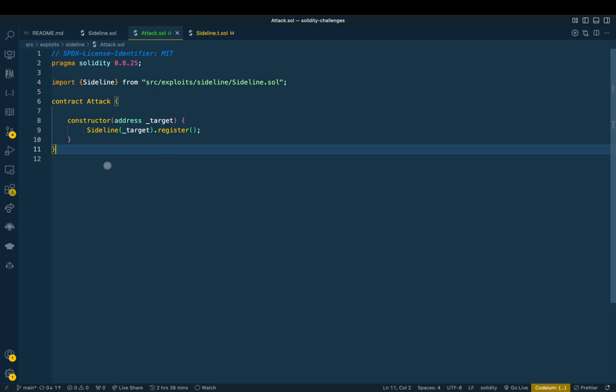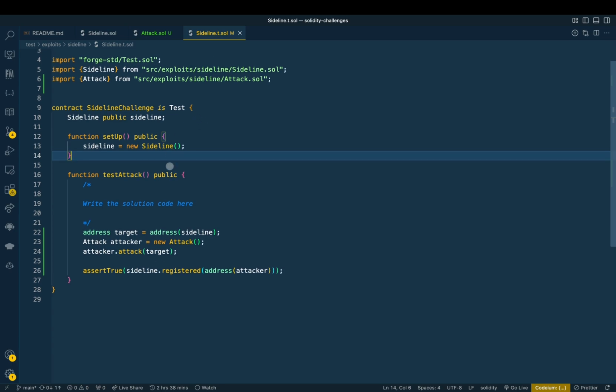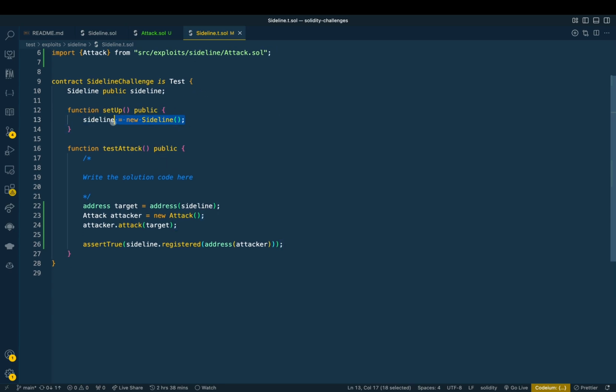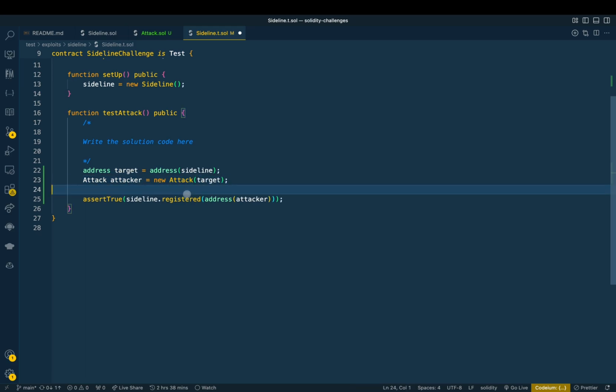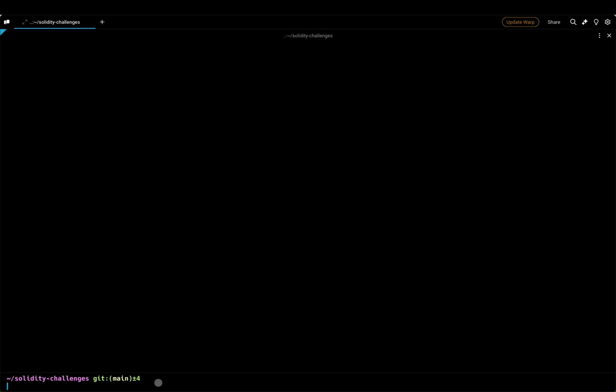We will have to change our test in order to accommodate this. So over on sideline.t.sol, a very small test. They give us the instance of the contract and then a function to do our logic in. This was the setup I ran that failed, where again, we deployed our contract, and then I called attack. So now I'm just going to move the target over here and get rid of attack. So when I do create that new contract, I'm passing target in. It's going to be passed to the constructor, and it's going to make the call to register at that point. So now if I save this, we double back, we rerun this,